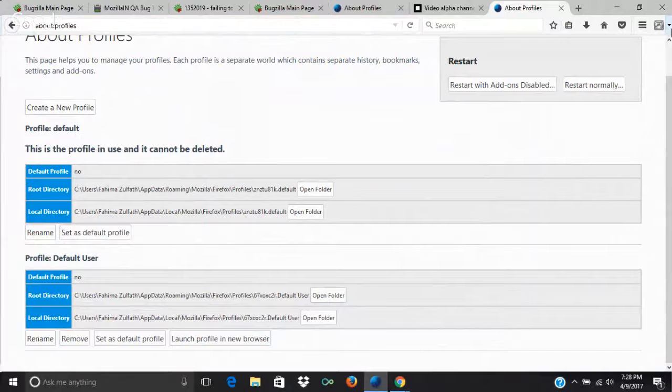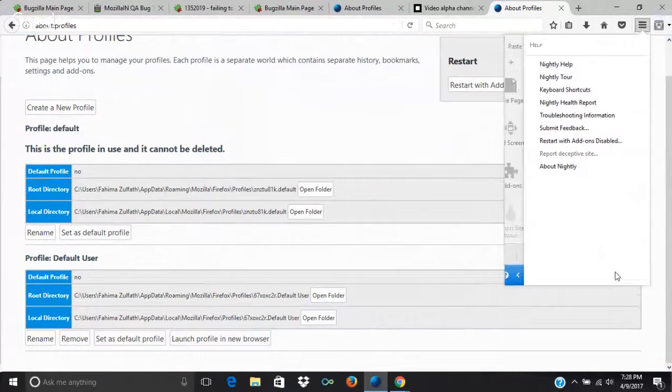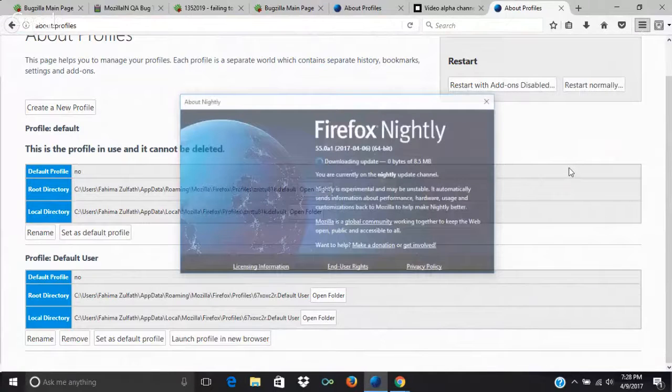So after you create a new profile, you just check whether your browser is up to date to file some bugs. If you find some bugs or compatibility issues in your Nightly browser, developers or contributors are able to help those developers to solve such problems. So I'm first going to update my browser. My browser is updating, and then